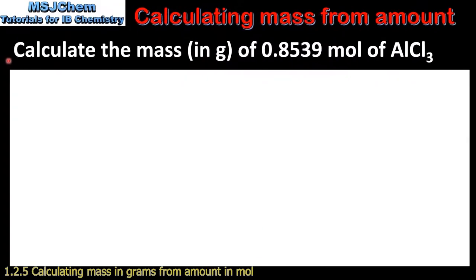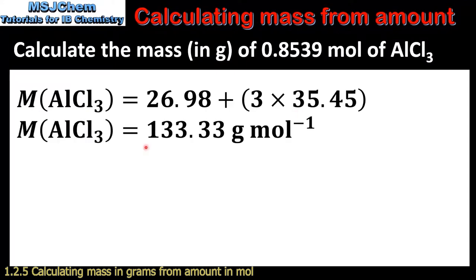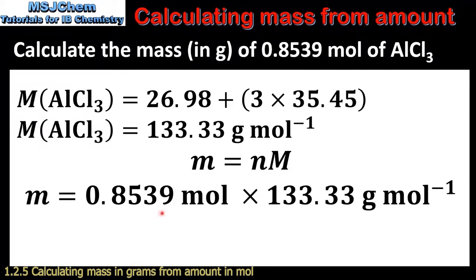In the next example, we'll calculate the mass in grams of 0.8539 moles of aluminium chloride. So we'll start by determining the molar mass. The relative atomic mass of aluminium is 26.98, and for chlorine it's 35.45. When we add these together, we get a molar mass of 133.33 grams per mole. Next, we multiply the amount in moles by the molar mass, and this gives us a